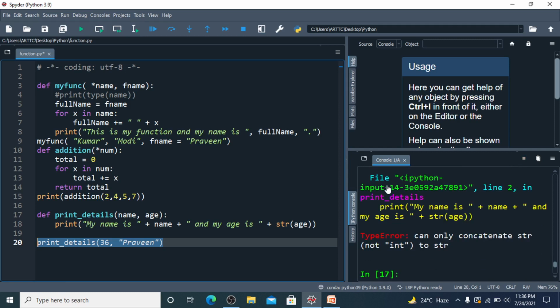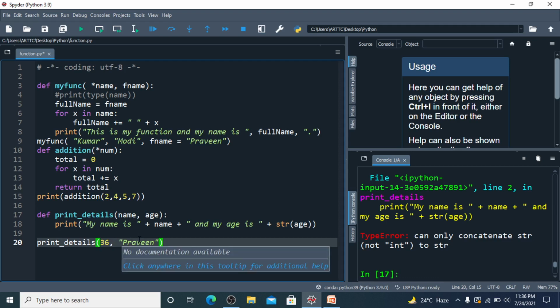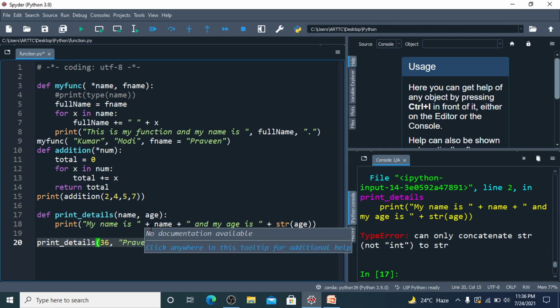Because the sequence of the arguments in the function remains fixed. So this 36 is passed as a name and this Praveen is passed as an age, and we are trying to concatenate my name is this 36, an integer value, to a string data type. So this is throwing an error.